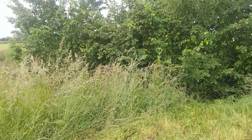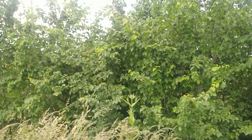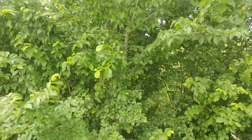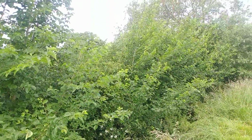But this is a load of elm suckers, and they often die back, and they're looking quite healthy at the minute, but I fully expect all of these to die back in the next, well, if not this year, certainly next year. Now, the interesting thing about these are they're entirely different to the picture I put on Twitter the